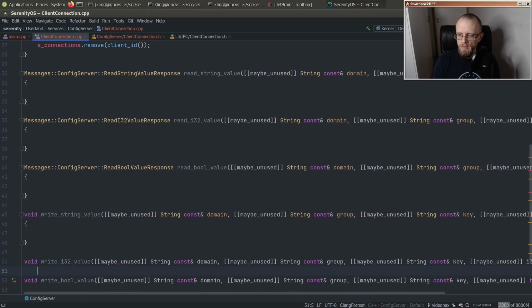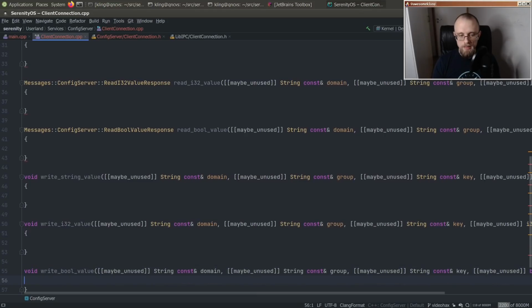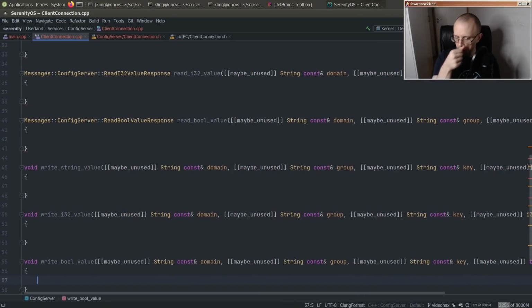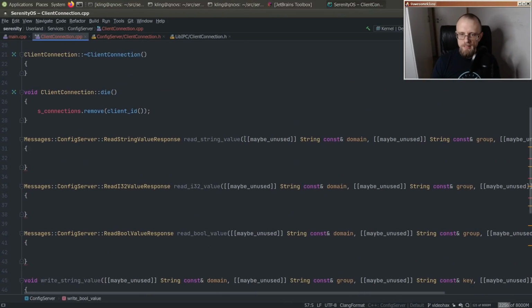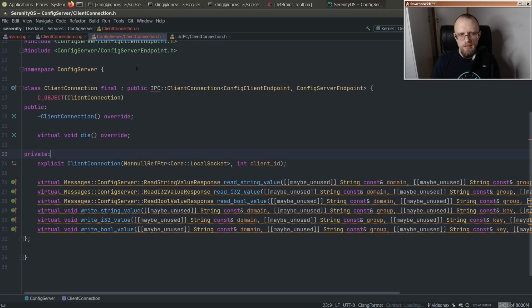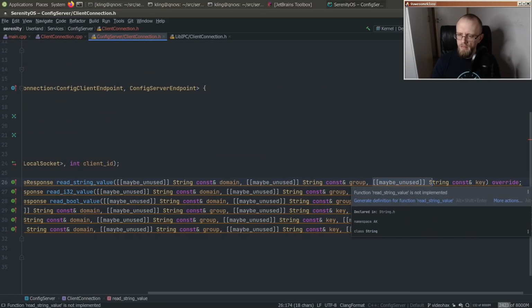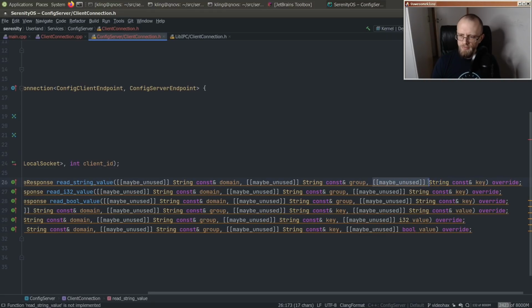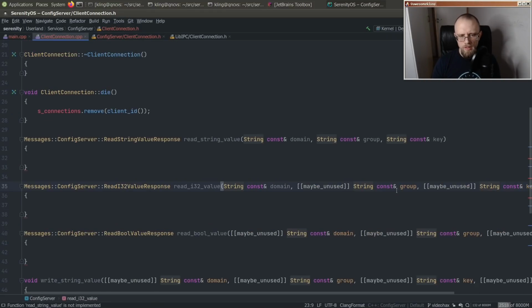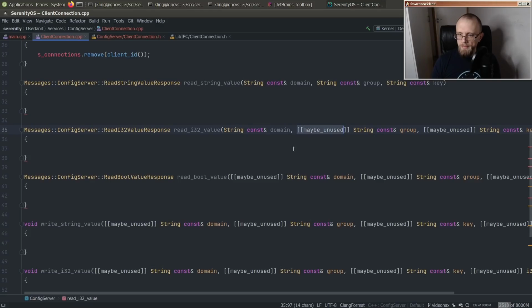Okay, now we are just spacing these out, making things nice. Also, they don't exactly look great with all these maybe unused, but we don't need those here, obviously. In fact, I don't know why they were in the header. Why are those in the header? If you're just declaring the function and it is not inline, why do you need this? That seems kind of superfluous. Anyway,